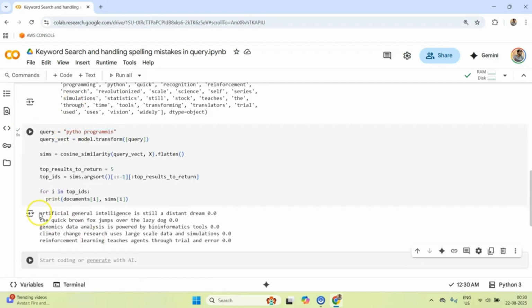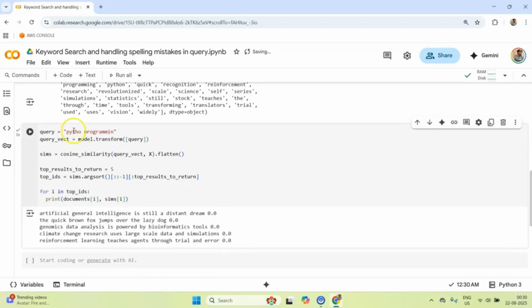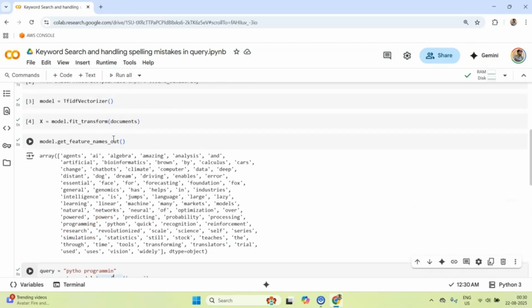Let me misspell Python and also programming, and let's run this. You see, suddenly everything is lost. With Python and programming misspelled, it is not able to search properly, and that's where the second part of my discussion is. How do I fix this issue? How can I create a more robust TF-IDF based system, one which is more robust than keyword search? Although what I'm about to create is also going to be a keyword search, it is going to be an intelligent kind of keyword search.